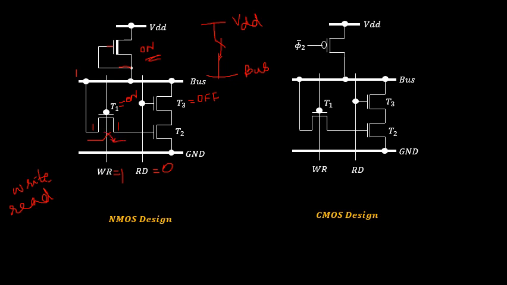So 1 is the output of transistor T1, which in turn is applied as input, that is the control signal, for transistor T2. So now transistor T2 is also turned on. The charge, whatever output you have, will be stored in the capacitor of transistor T2, which I will designate as the capacitor Cg. So now this is the write operation.